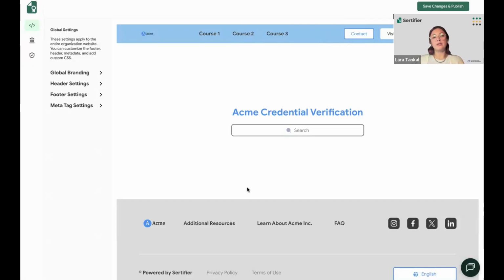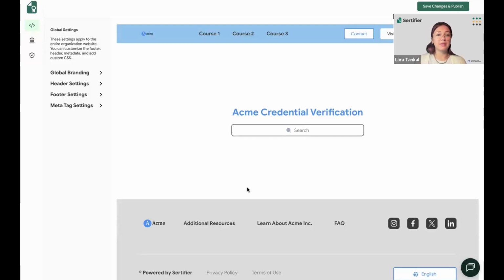So really making sure all of the pages that you want people to see, that you believe will cause more students and more recipients to enroll and engage with you, it's very important to place them in your verification and